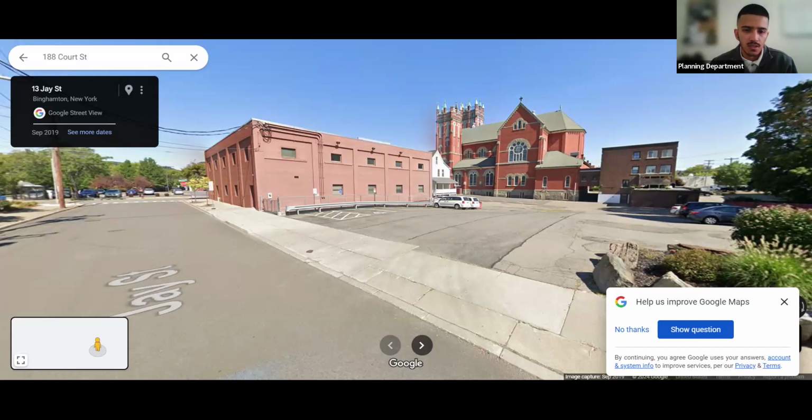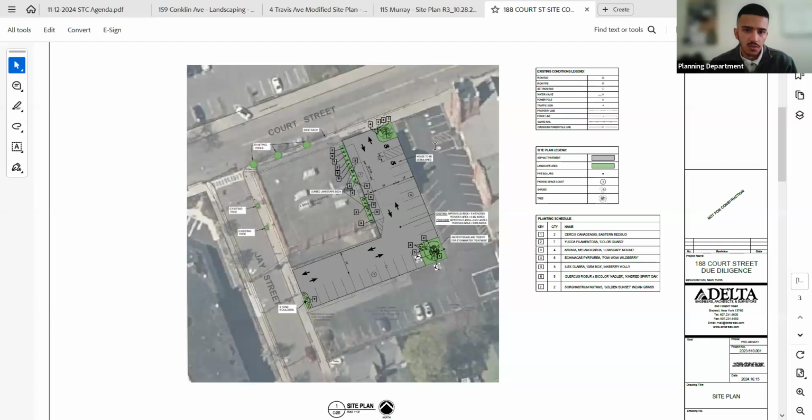Here, I'll share the plan they essentially approved. So this was the plan that they approved, which is missing a lot of the landscaping.